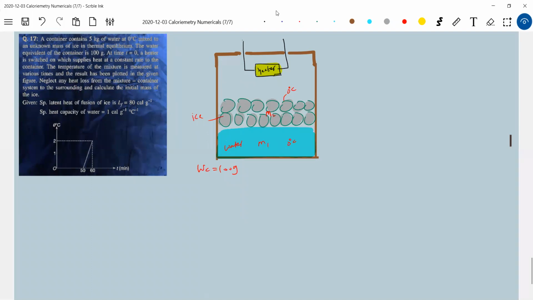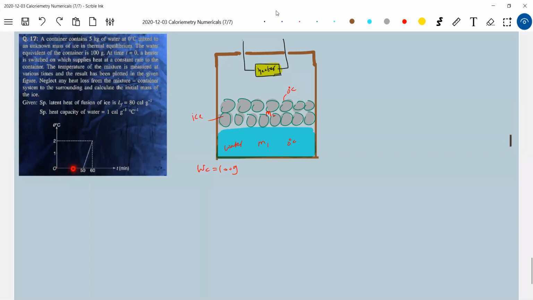First, what will happen? Ice at 10 degrees Celsius, possible? Anybody? Yes or no? Anybody seen ice at 50 degrees Celsius? Not possible, no? What is the maximum temperature of ice? 0. Of course, at 1 atmospheric pressure, on the surface of the earth. So temperature of ice is 0. Temperature of ice cannot be 10. So if the heater supplies heat, what will happen to the ice? Ice will melt. So as long as ice is melting, the temperature of calorimeter and water will remain the same. I think that is what the graph shows.